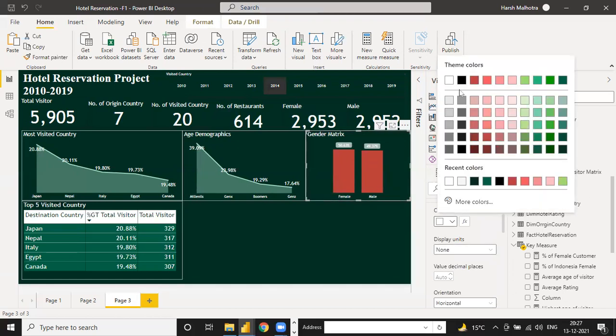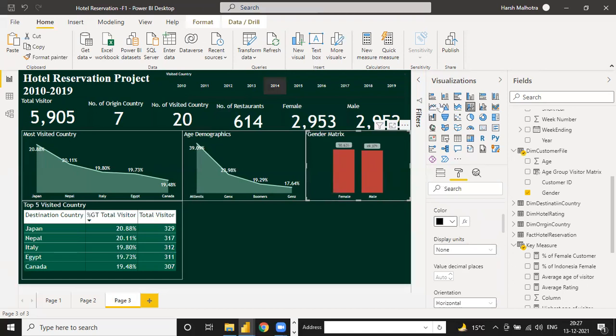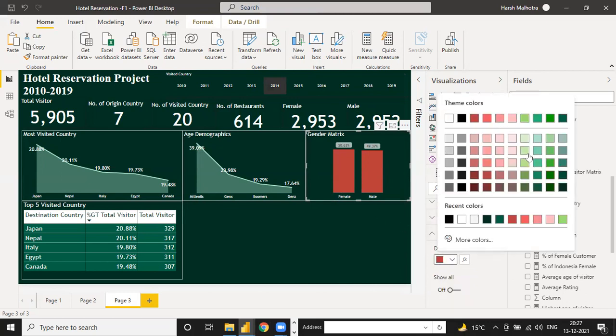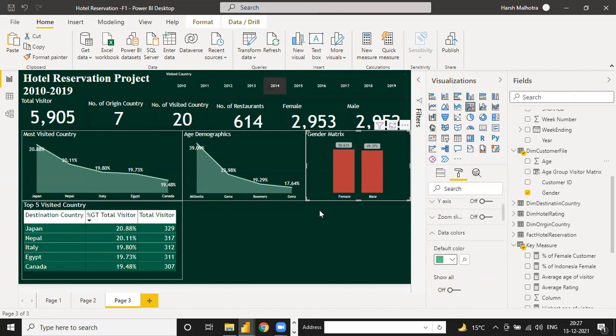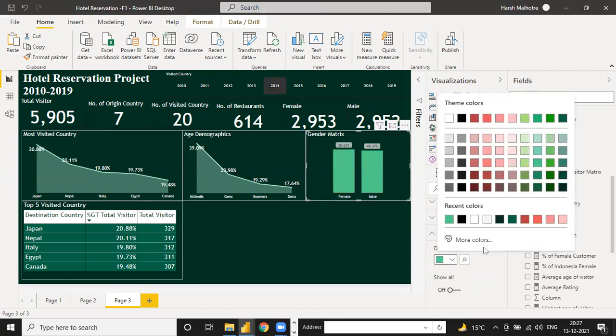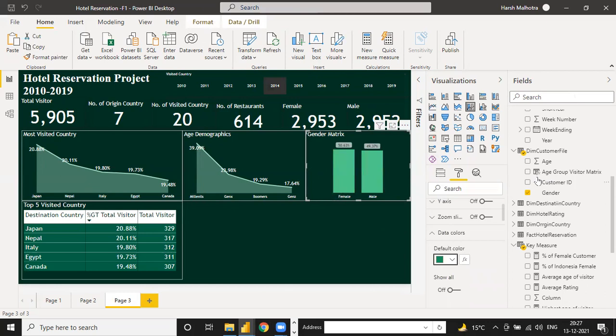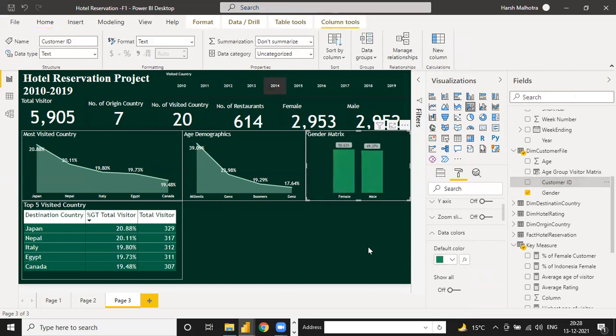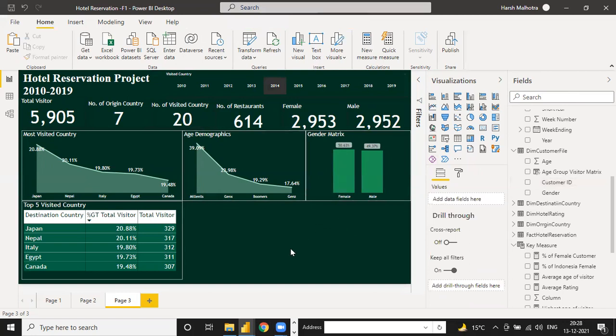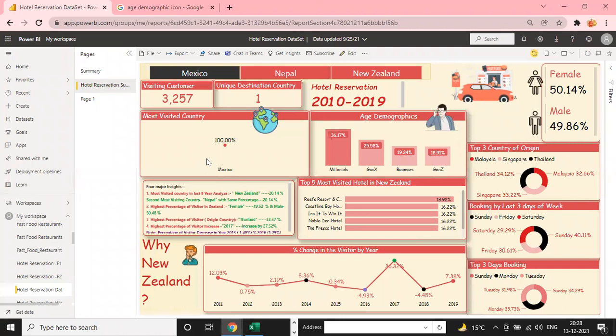Color black, now it is good. Change the color if you want to change the color of this data. This one is red, and now if I need to change the data to light green. Okay, so this one is okay, or you have to change it a little dark like this. So you have to change this gender matrix as well. And now what another thing is remaining? So this is done.